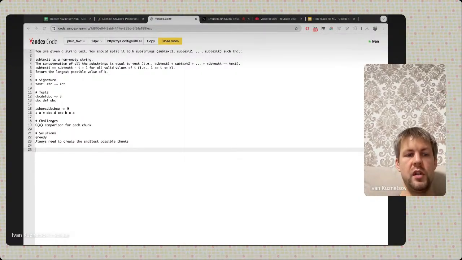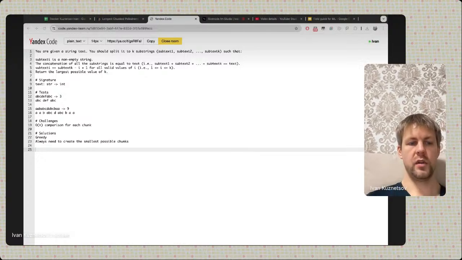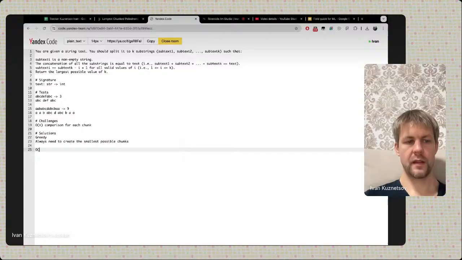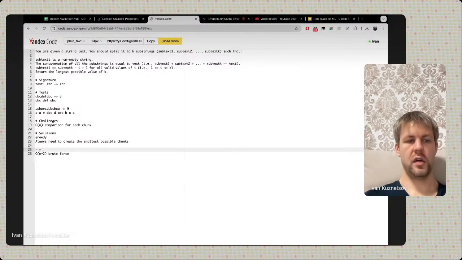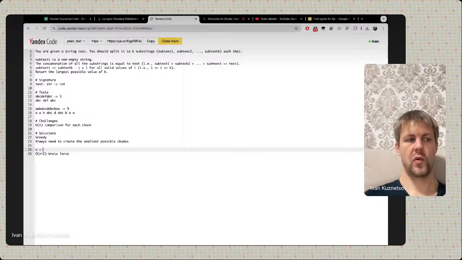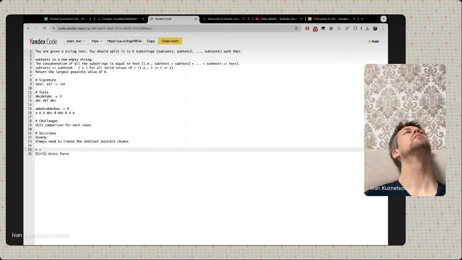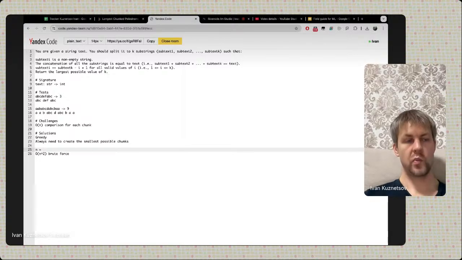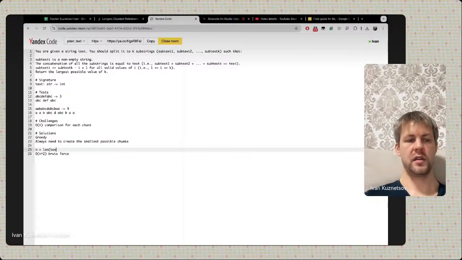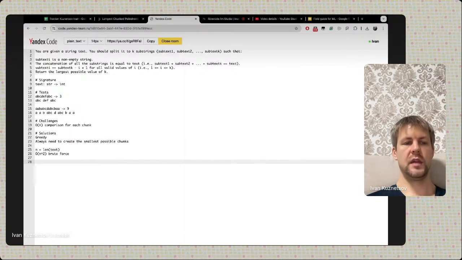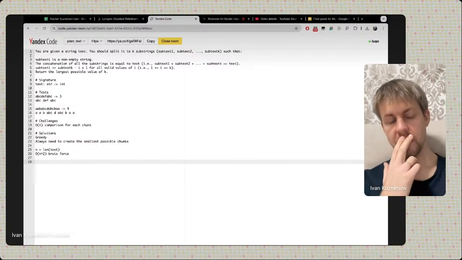Brute force approach will be at most O(n squared), where n is the length of text. And then to do better,